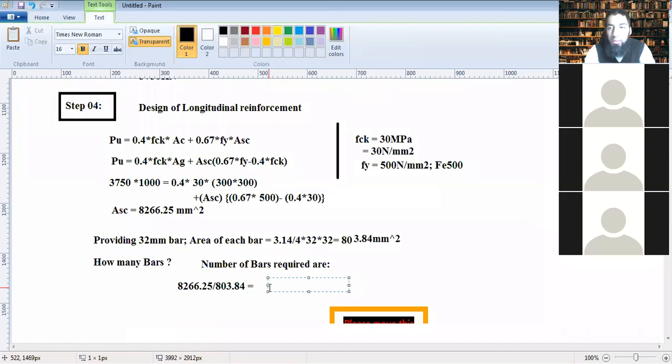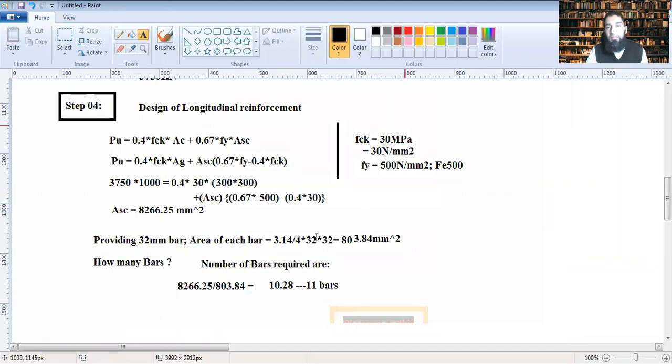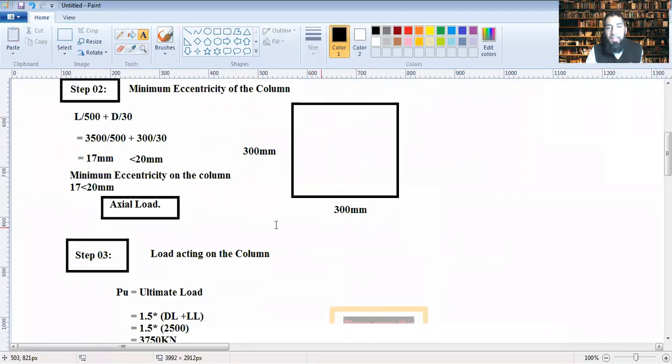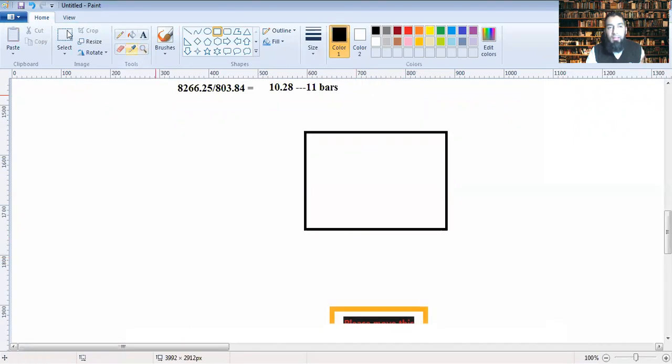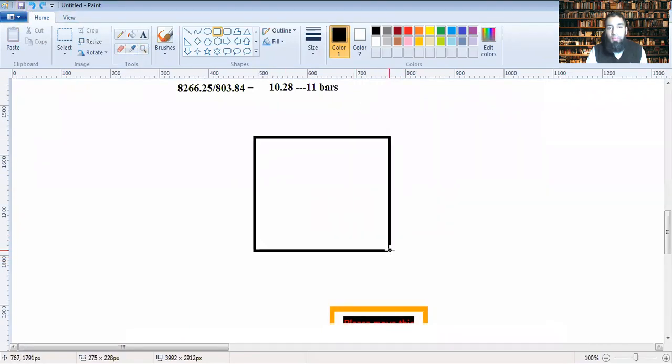कितने आ रहे थे this roll number 71? 10? 10.28 sir. So 10.28 means 11 bars you require. That means it's 11 bars. Now, providing 11 bars is not an easy thing in this 300 cross 300. This is 300 by 300, and 32 mm ke 11 bars means